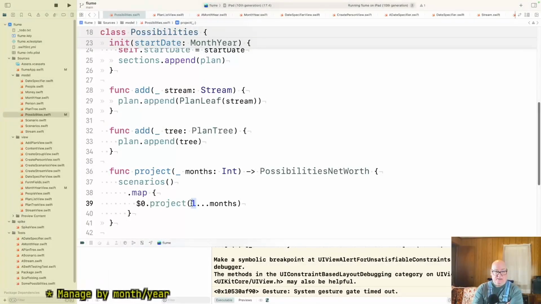Is that better? Everything is depending on the month number at this point.